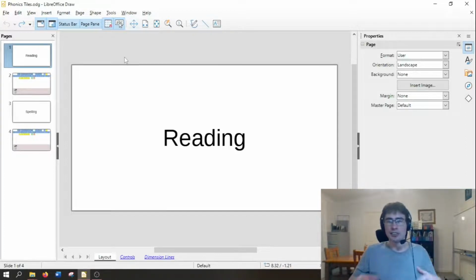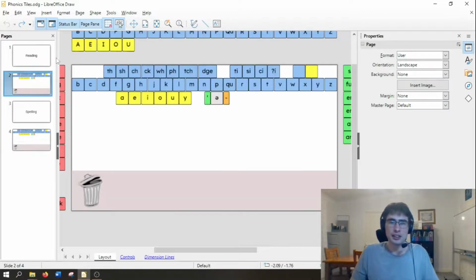And I've specifically picked out these tools because they're the ones I've found most useful when working with the letter tiles, and this just declutters the amount of icons on the screen when students are working with me. So I'll go through a quick run through of the different options available on the toolbar. So if we go down to our letter tiles here for an example, on